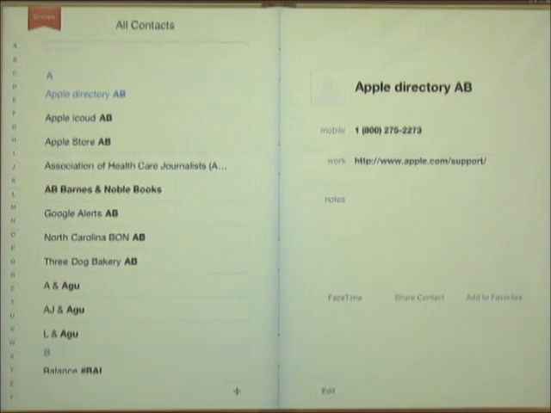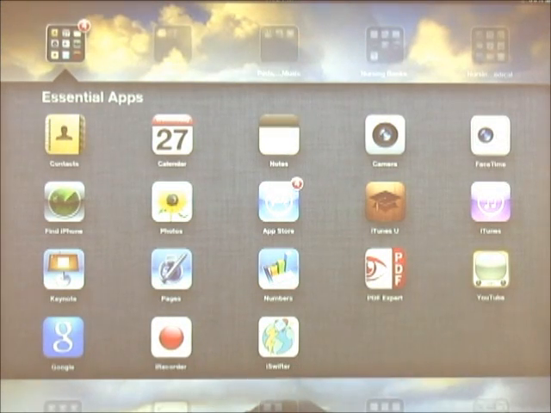I'm going to talk to you about FaceTime and how to use FaceTime and what ways we can use FaceTime to enhance our instruction in the classroom. Here's the feature FaceTime, and that should be on your iPad. You don't have to download that. If you just click on the FaceTime,